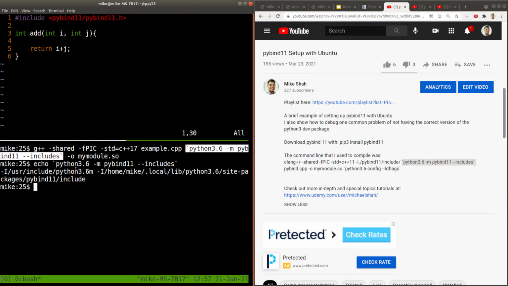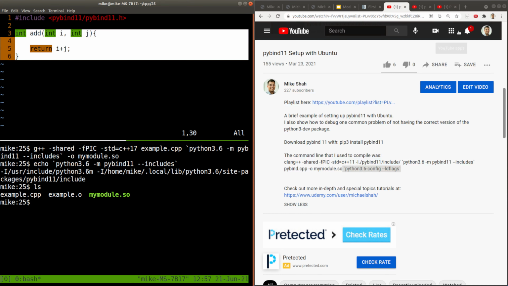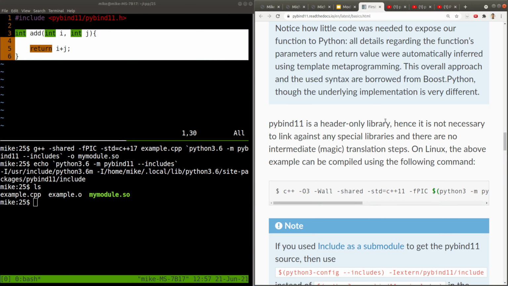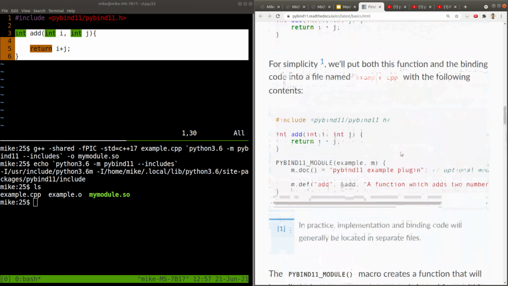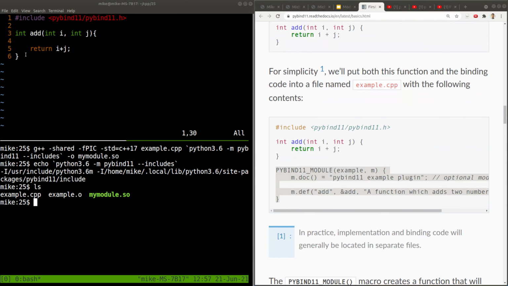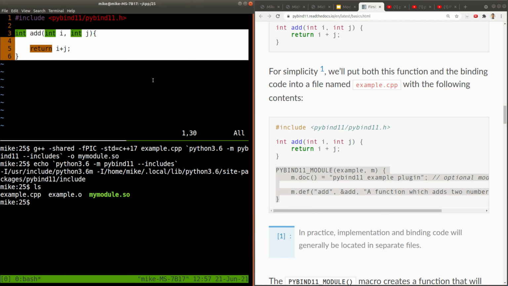So if you ever run into this on an advanced project, you'll understand what's going on here, okay? Now we are missing a few other flags here, but it looked like it made our module. But we haven't done anything with PyBind yet here. So let's keep following along in our basic tutorial to actually wrap this function so that we can use it inside of Python.